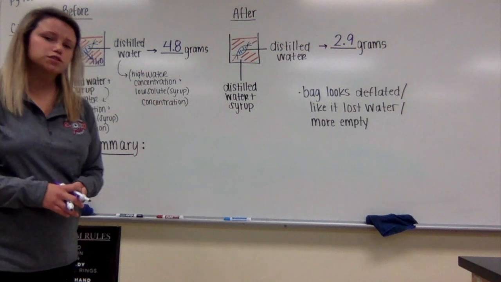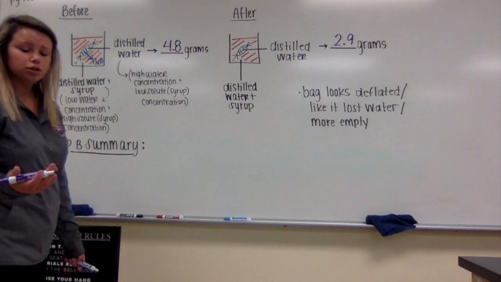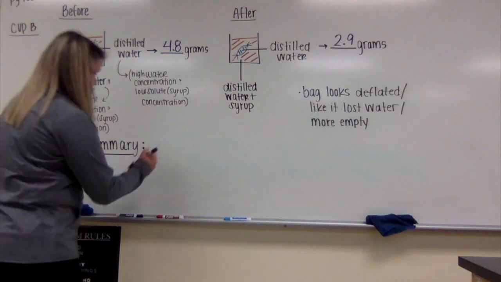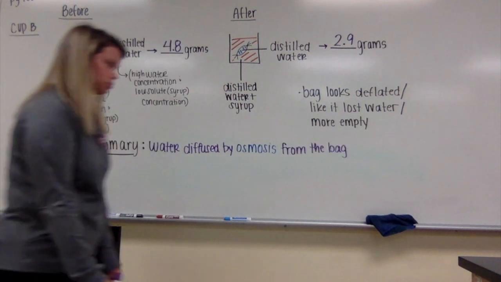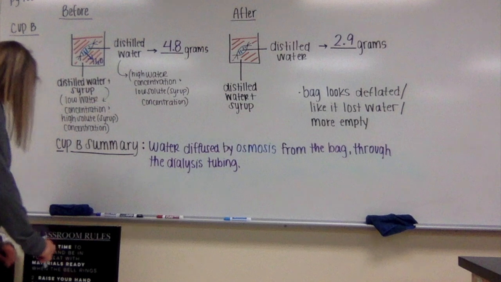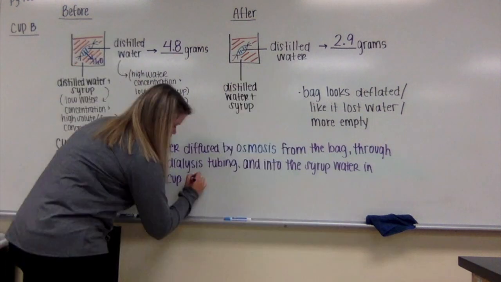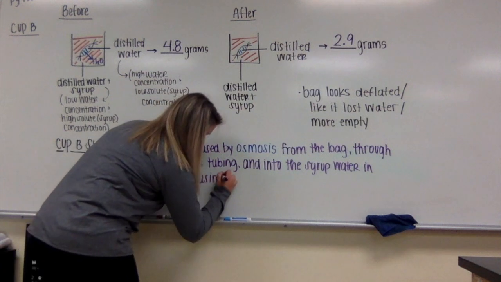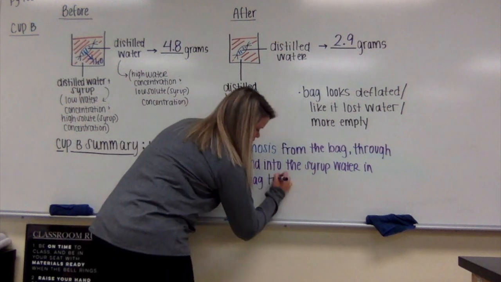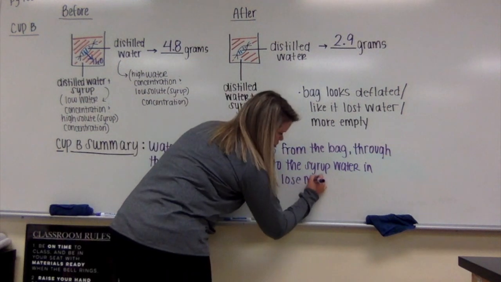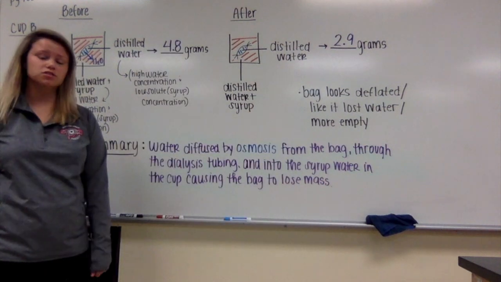So we're going to write our summary for cup B. In cup B, water diffused by osmosis from the bag through the dialysis tubing and into the syrup water in the cup, causing the bag to lose mass. Go ahead and pause the video at this point so that you can have a second to write this down